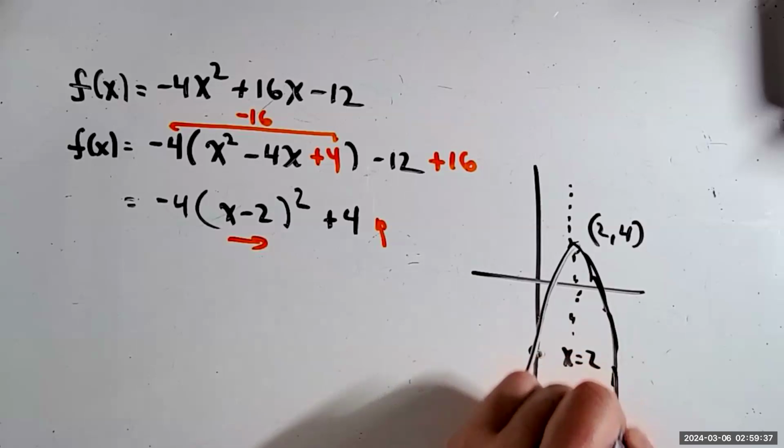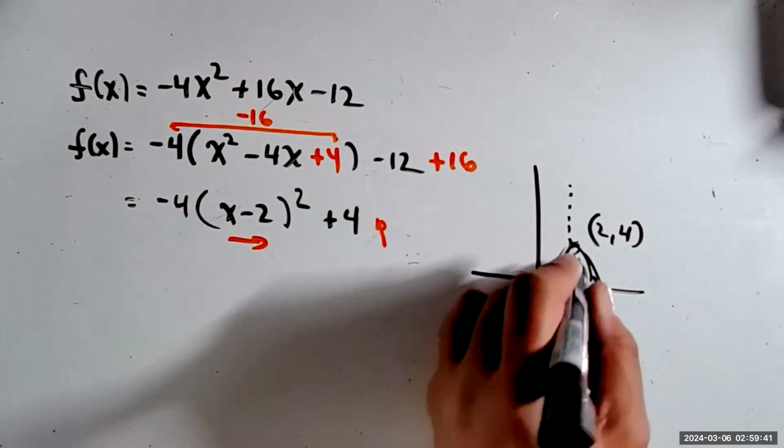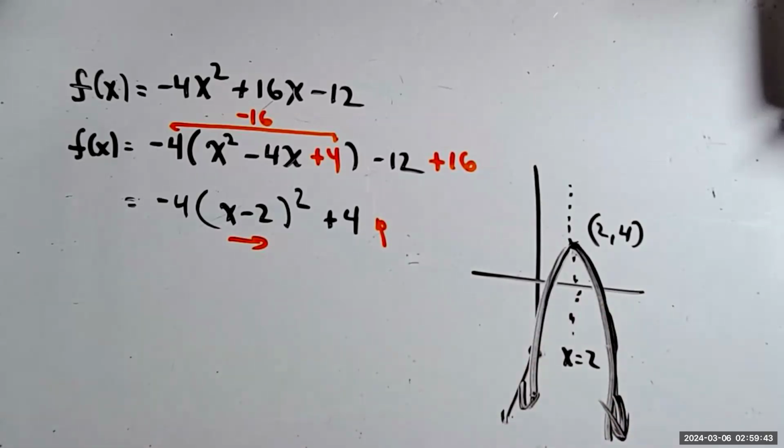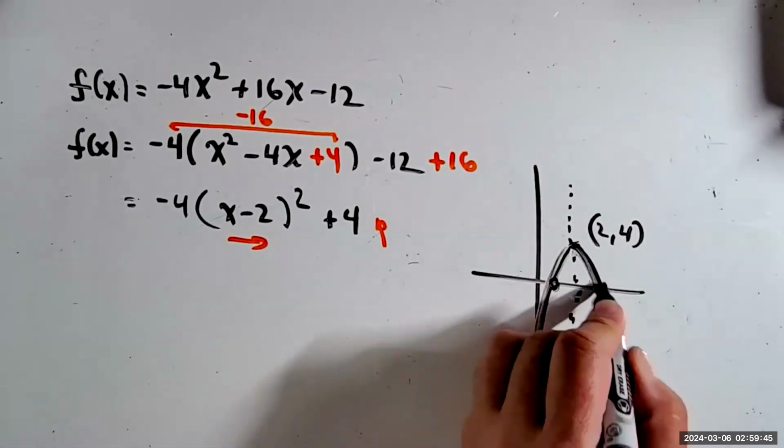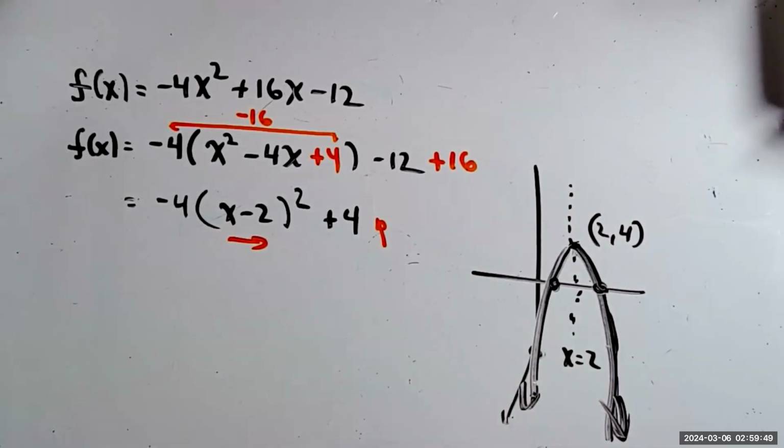It doesn't look like a parabola at all. It looks like absolute value, but you get the idea. So it has 2 x-intercepts, and both x-intercepts are positive. So I'll go find the